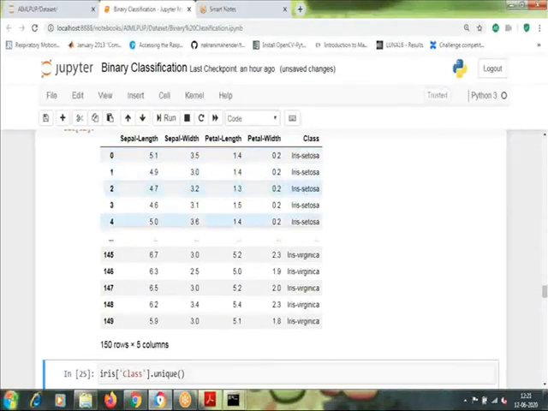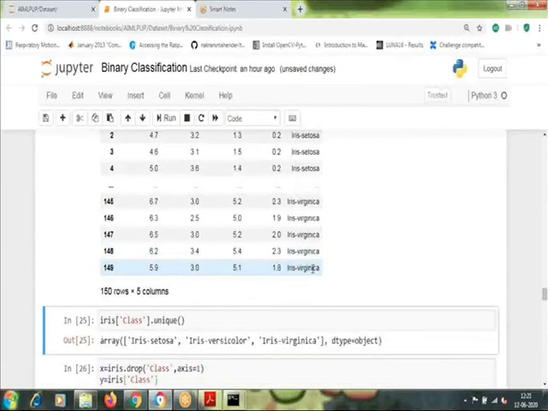The first rows are iris setosa, then in the middle there will be some iris versicolor, and the last are iris virginica. So if you just split this way, with the first 105 rows for training and the remaining rows for test, then most probably the training data set will have only virginica rows and no setosa and versicolor rows.